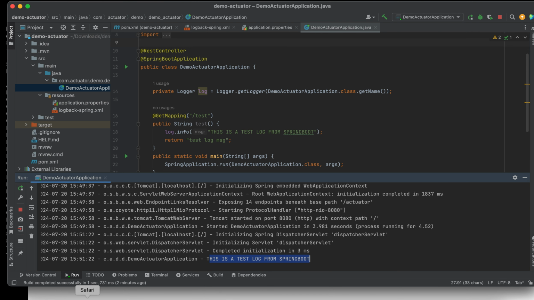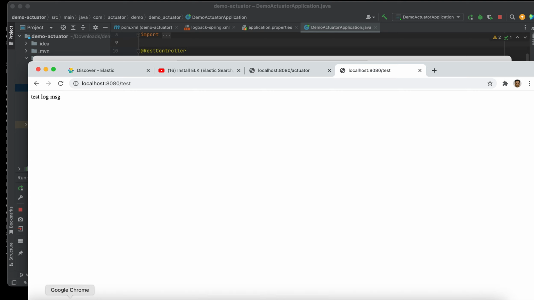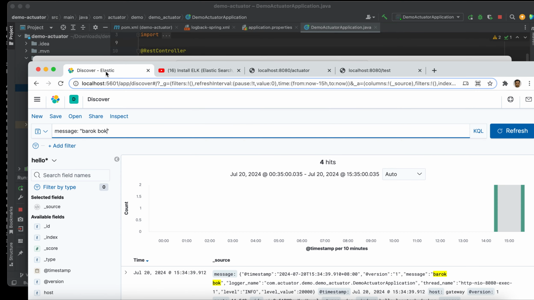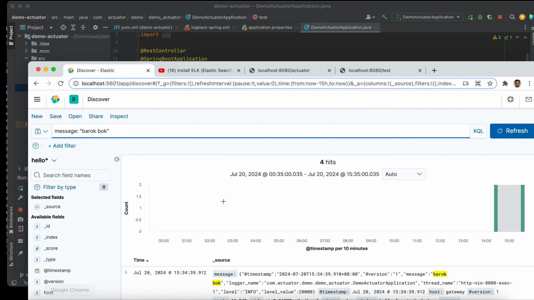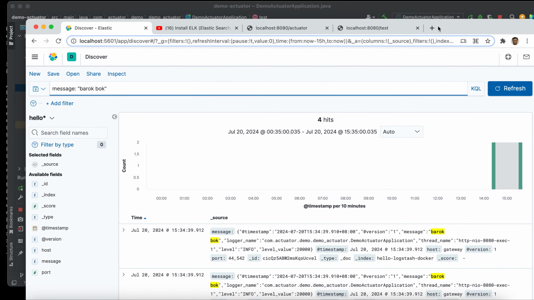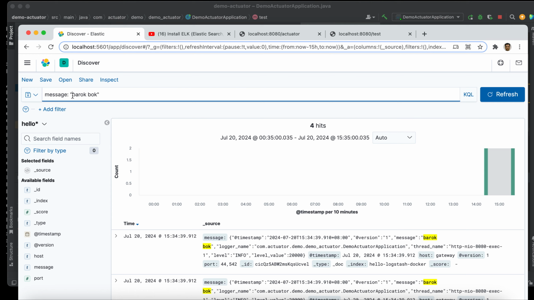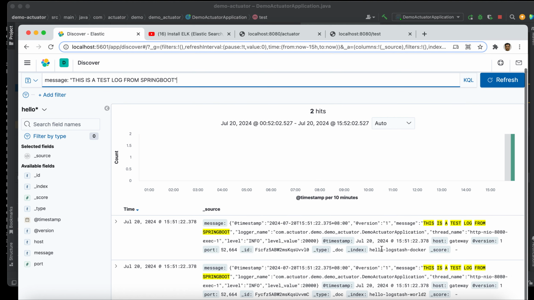But we want to search it also in our Kibana. Let's search this message. See, you can see.